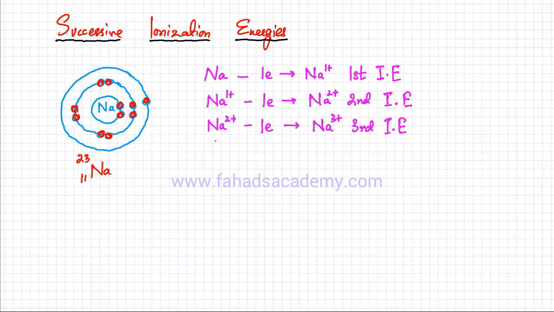In total, if I keep on doing this, sodium is going to have 11 ionization energies, which means that sodium has a total of 11 electrons. So the 11th ionization energy would be that sodium has a 10+ charge, which means that 10 electrons have been removed, and I'm removing another electron, and now it's going to be Na11+. That means all its electrons are gone. That's my 11th